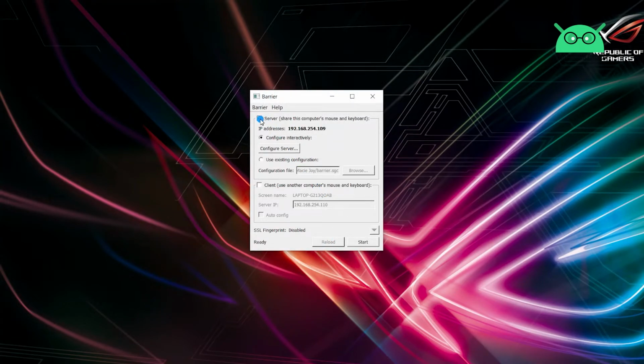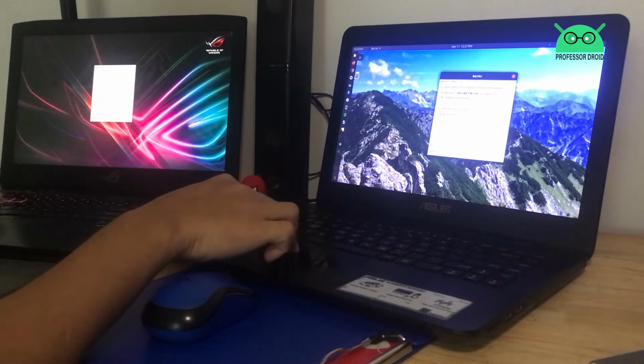Let's change this to client because this is a client computer, and let's change the IP address to the IP address of the host computer, which is 192.168.254.110. So click start,